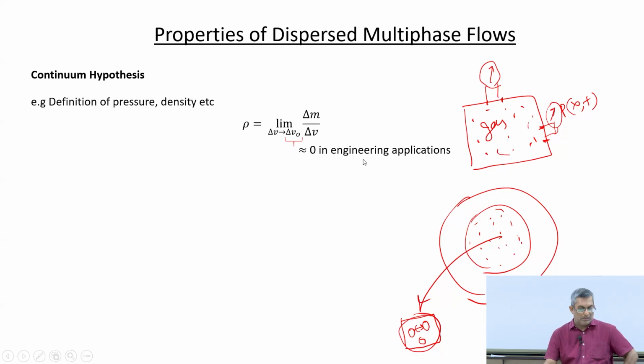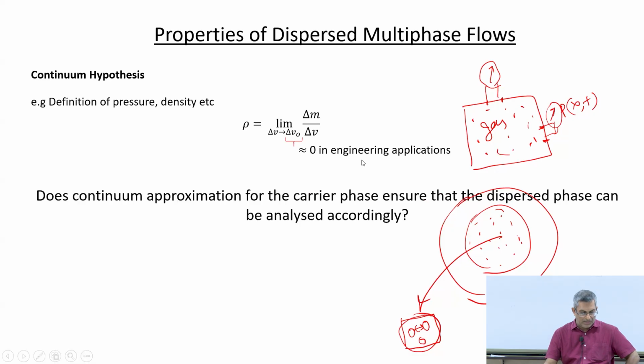But now an interesting thing comes up, that is, does the continuum approximation hold for the carrier phase? So please note that till now we are only talking about the carrier phase, this continuum assumption that you have studied in fluid mechanics. So that is now valid for the carrier phase. But does this ensure that the dispersed phase can be analyzed accordingly? Now, what does that mean? So now let's say you have,